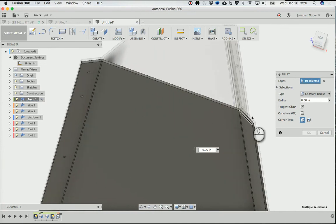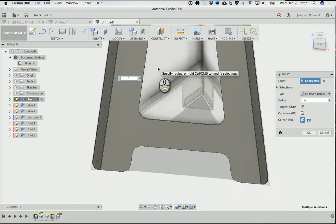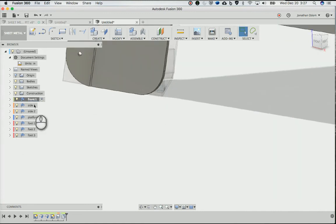Alright, and then one more here and over here. And I'll make this go by 1 inch so that it just rounds all the way to that fold right there. Enter. And then you'll see now there's this ugly thing peeking out right there, so we can fix that. I'll right click on this and then